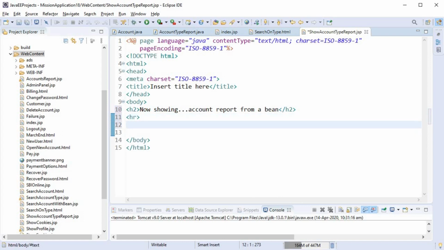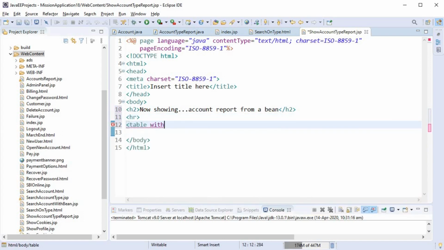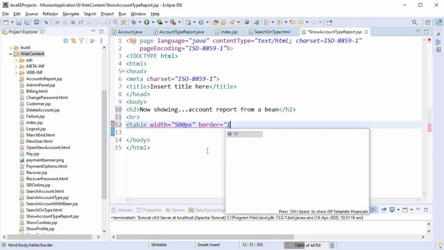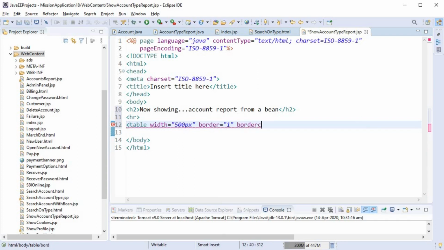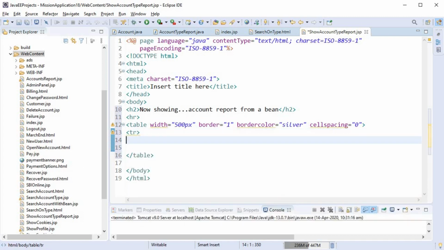Now to display a report, usually we display it in a tabular fashion in the form of rows and columns. So we want to take an HTML table with some options like width and border color or something. So we'll create a table, and we will add some headings to these table columns so that all the data will be printed in a very systematic, well formatted fashion.